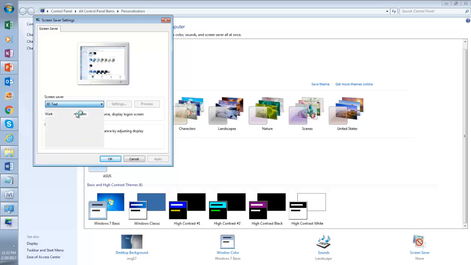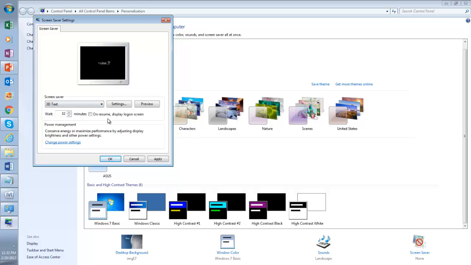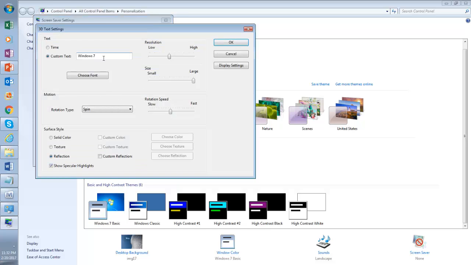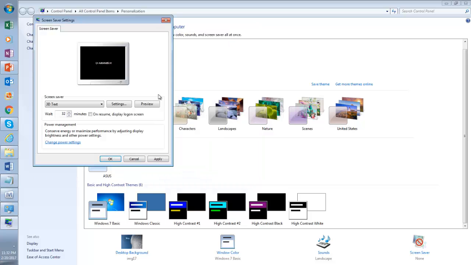And what is this text? Let's say settings. Okay, let's say I put QA automation. Okay, and then if I select this, and let's say I want this screensaver to be activated after 1 minute,